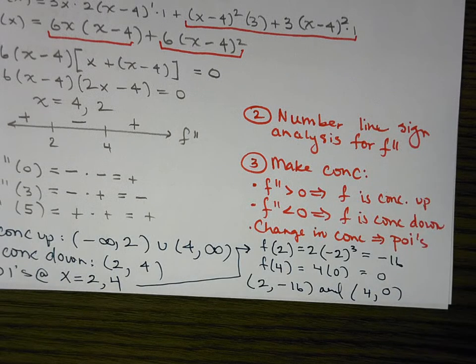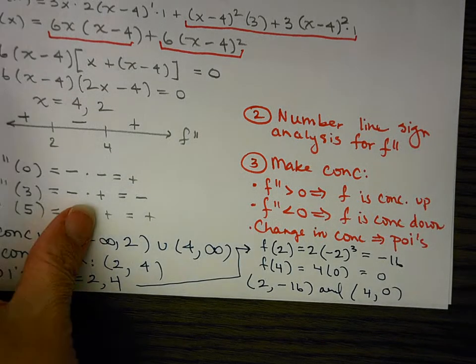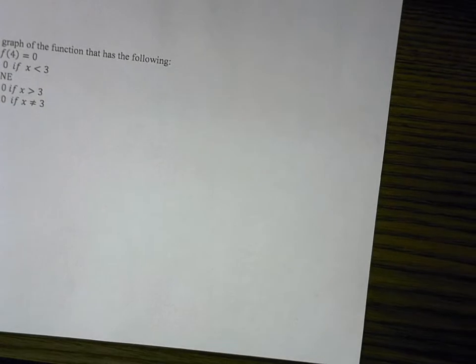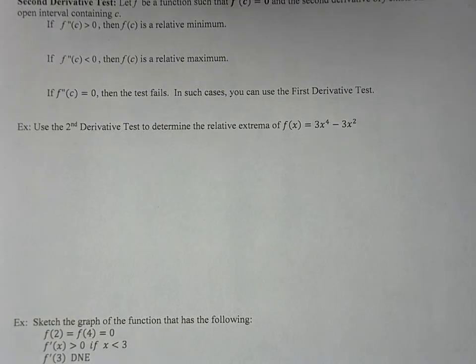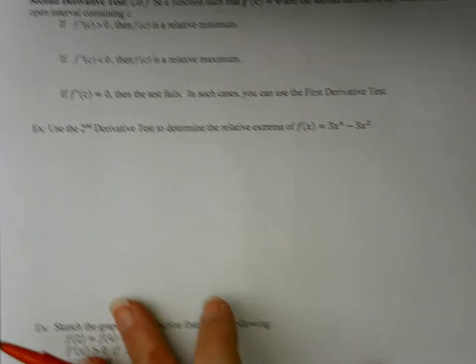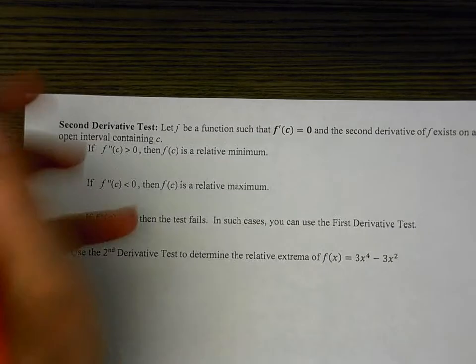Okay? All right, so there is that. And then we have another piece to cover, so let's go ahead and do that. The second derivative test is just an alternate way to find relative extrema. Sometimes people get a little bit confused here because it says second derivative test, so they think they're trying to answer something about concavity or things like that. So try to keep in mind that when we talk about our second derivative test, this is just an alternate method